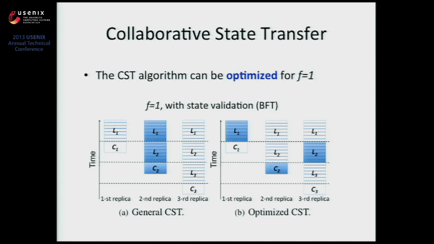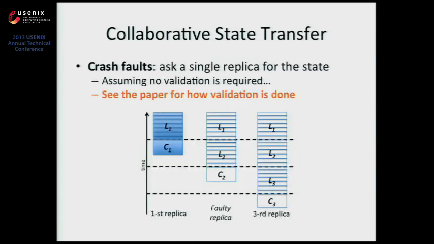But the point here is, even if I solve this problem, let's go back to this slide. I'm still using one of the replicas, okay? I don't have the quorum. In this case, I have 3 replicas. One is recovering, one is sending the state, which is the part in blue, and the third replica is not enough to process. I'm still having problems here if I want to tolerate a single fault, okay?